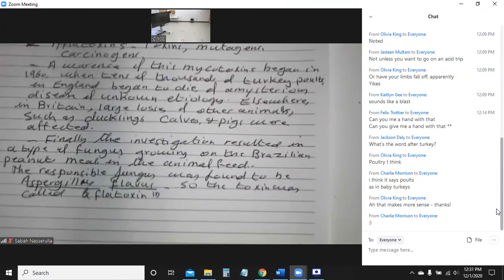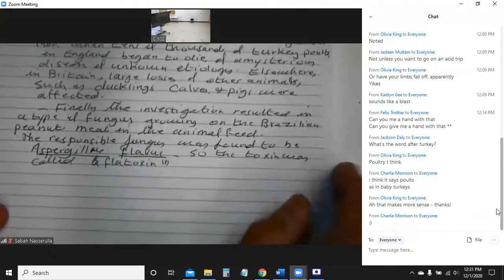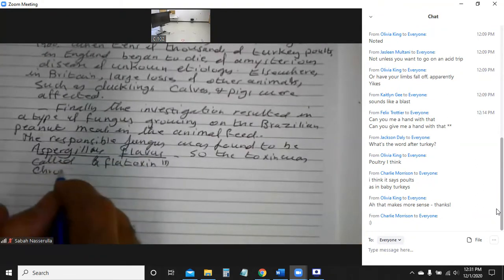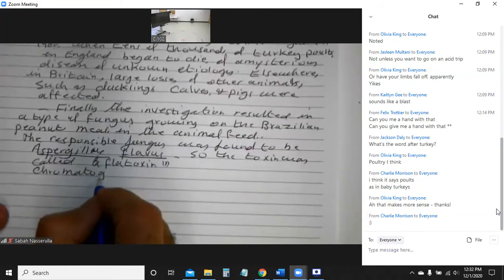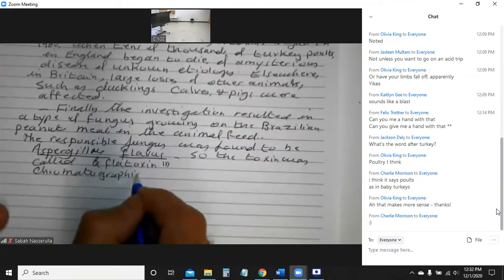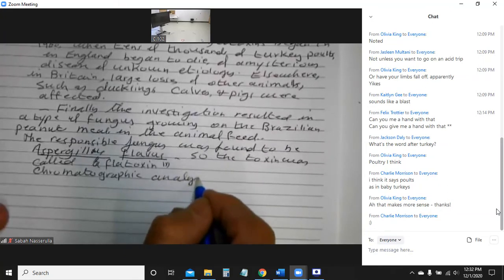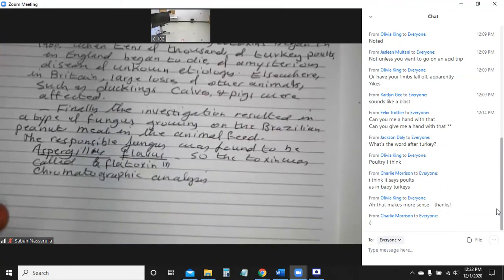And then, of course, in the end, they did the chromatography on this to see the compound. Basically, they found this is a very potent type of toxin, and even very carcinogenic. To mention this point here, chromatographic analysis showed that the aflatoxin